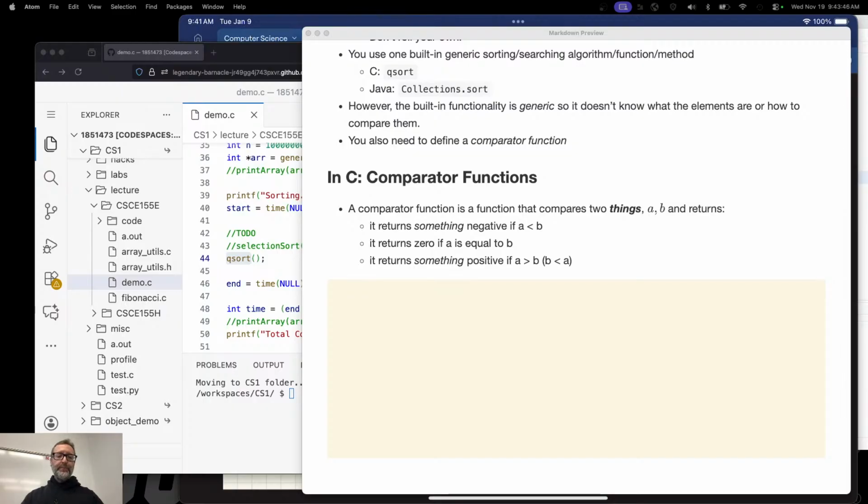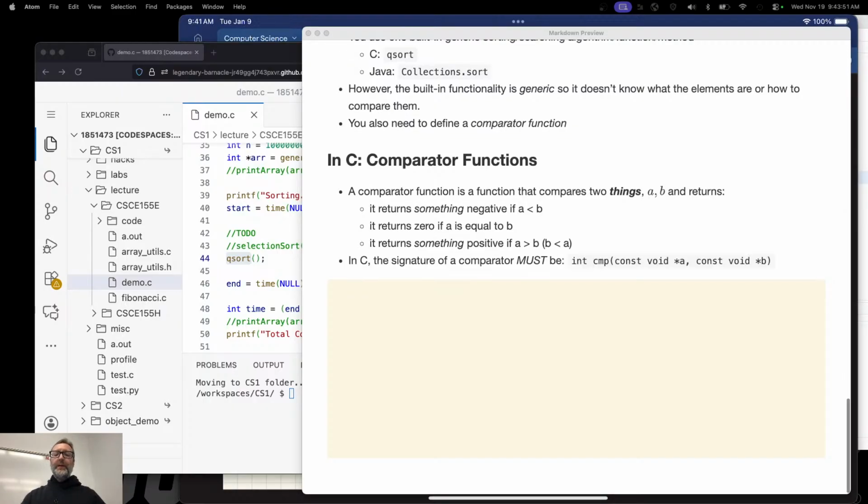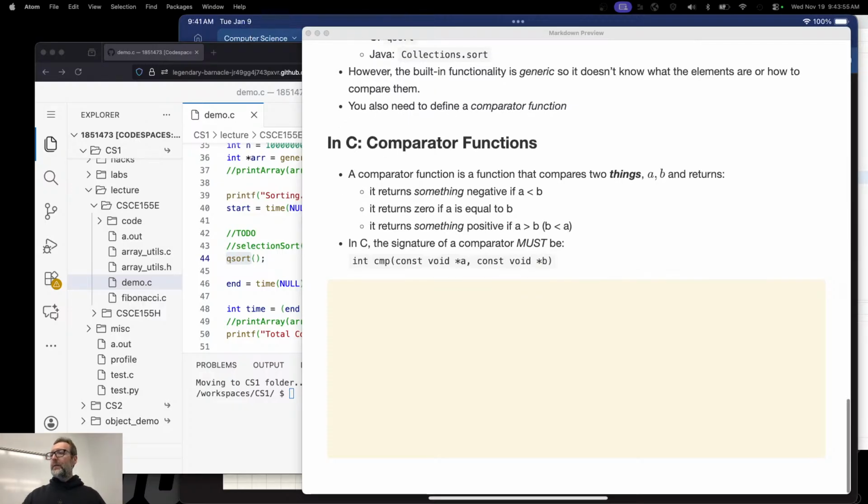In C, the signature of a comparator must be the following. It returns an integer because it has to return something positive, negative, or 0. And then it takes two generic elements: const void star A. We've seen void pointers before, generic pointers.